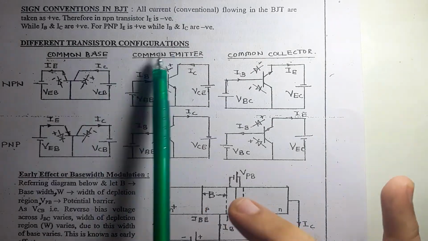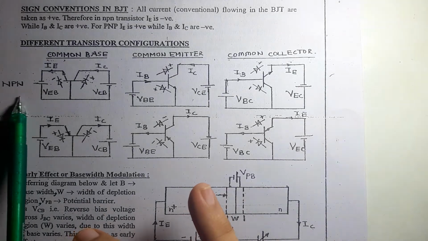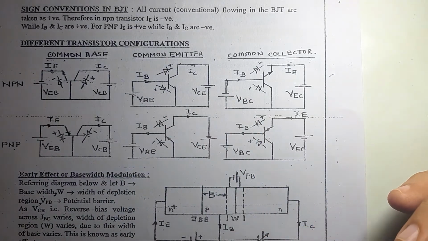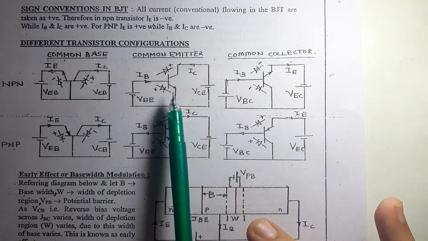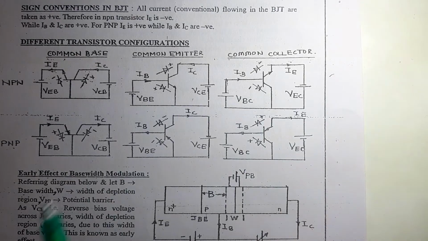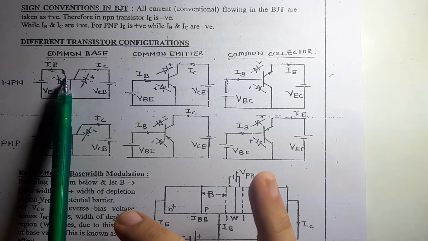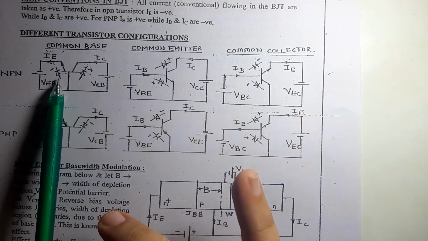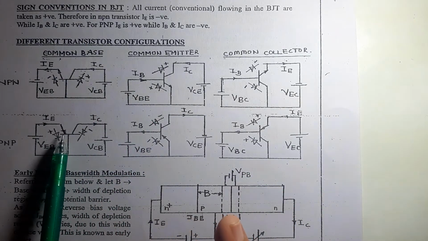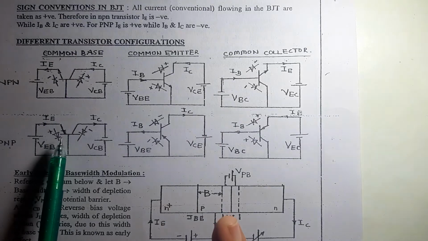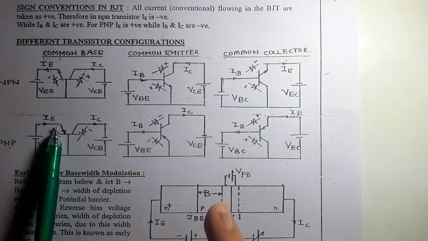Now different transistor configurations, how do we remember them and how do we proceed further for that? Now we just need to remember for NPN configuration, since NPN configuration is one of the most important configurations. Now you have common base configuration, common emitter configuration, and common collector configuration. What do we mean by that? Common base, that means your base terminal over here. In NPN transistor, your arrow will be outwards from the emitter region. In PNP configuration, the emitter's arrow will be pointing inwards from the emitter terminal.